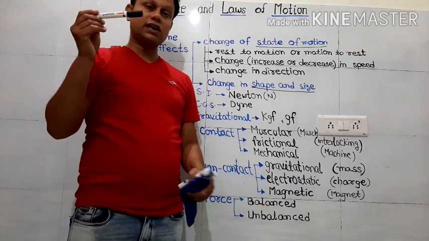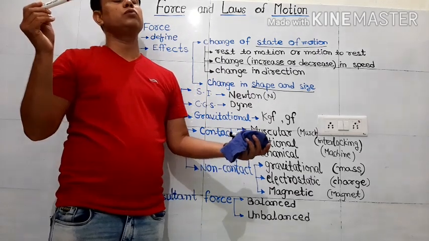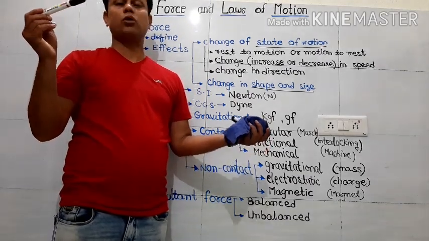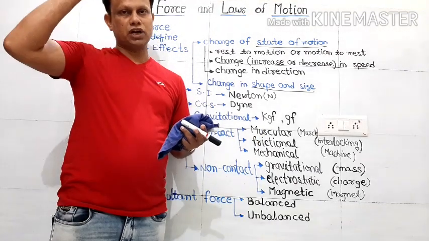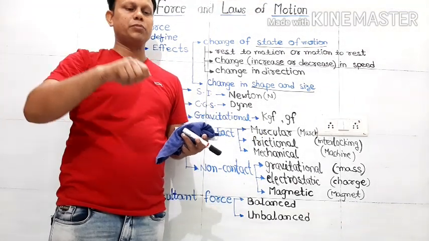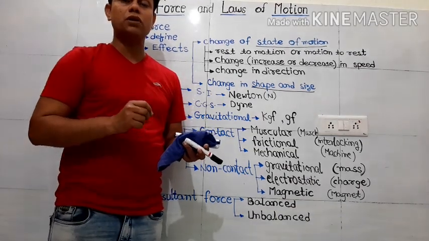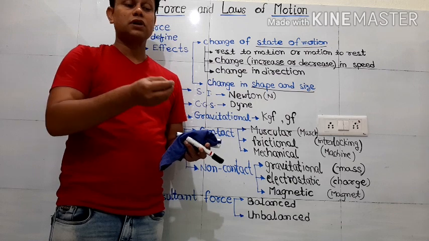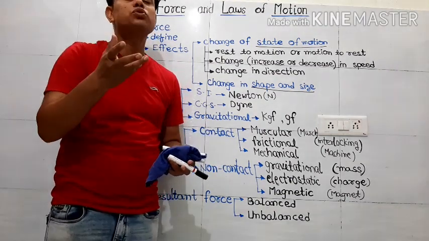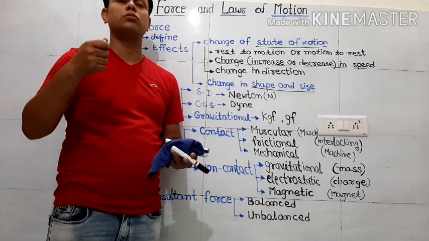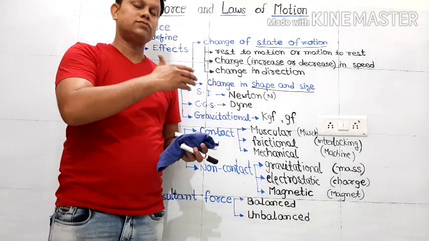Then what about electrostatic force? The responsible factor is charge. In nature, sometimes you have observed in your life that charge is there. Like in childhood days, when you rub your comb on your dry hair and bring the comb close to a small piece of paper, what happens? It starts attracting the bits of paper. This attraction is due to the charge present on the comb. So there are various examples where you can feel the presence of charge.